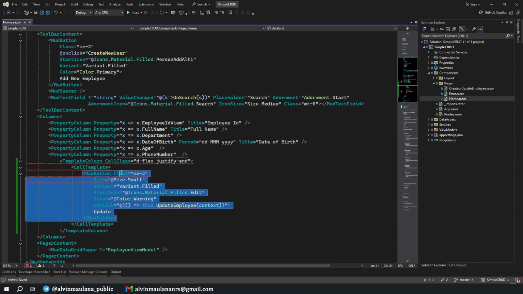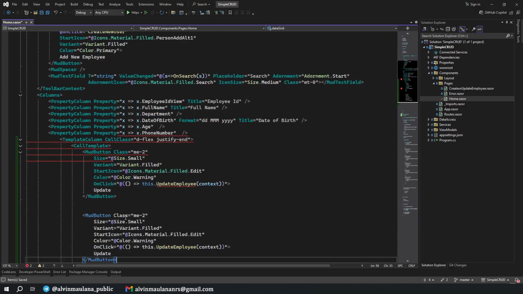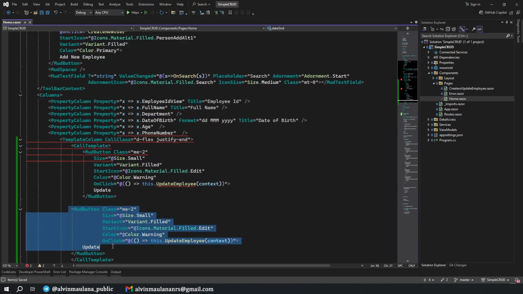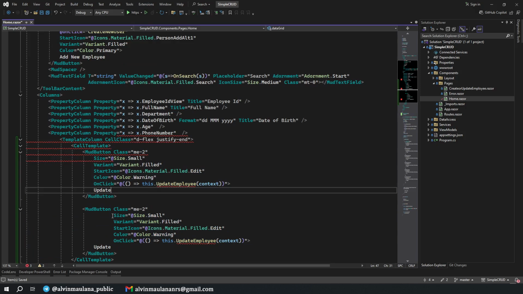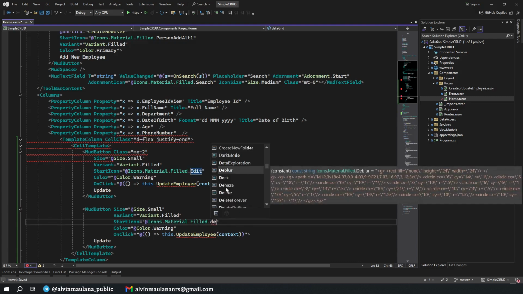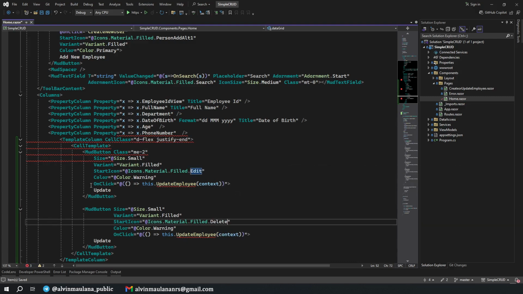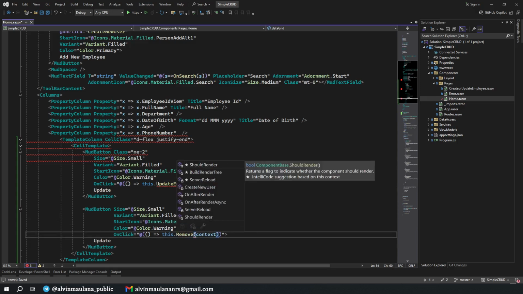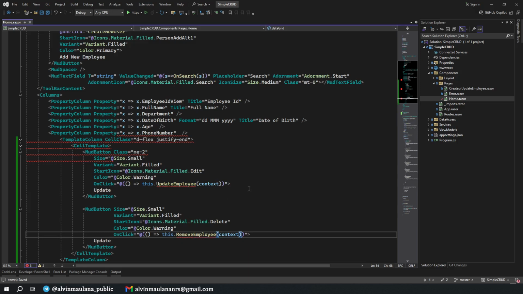And then we have another button for delete, but in this case we don't need a margin right, and then the icon is delete. What is the delete icon? And this one should be remove employee, and change the text to remove.